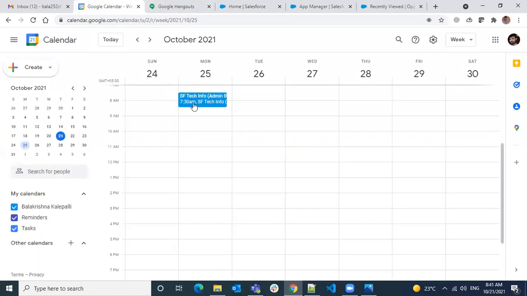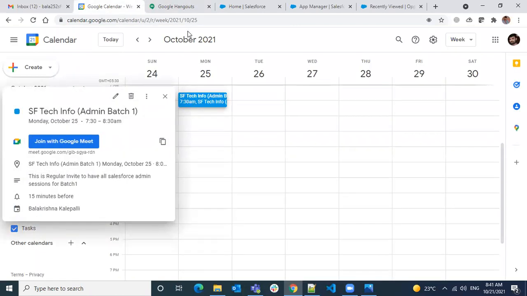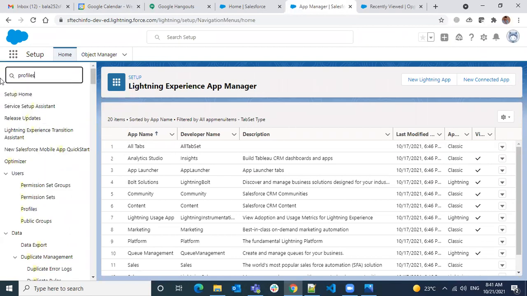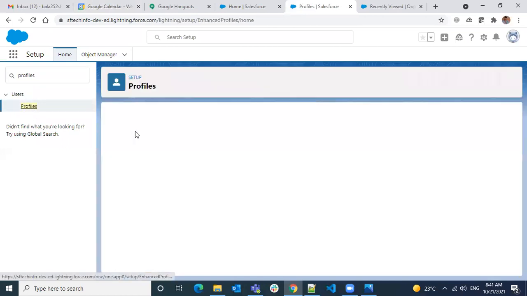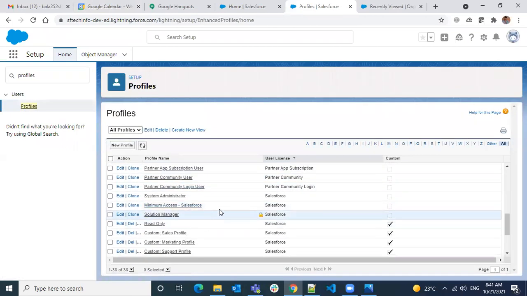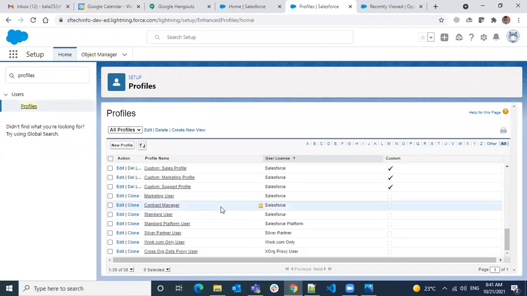How many profiles can we create in standard and custom? Standard means we are not creating it; what Salesforce provides by default, those are the standard profiles. For custom, we can create any number of profiles. There is no limit to creating custom profiles.